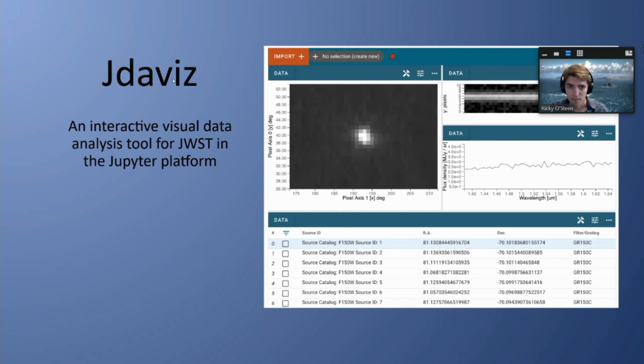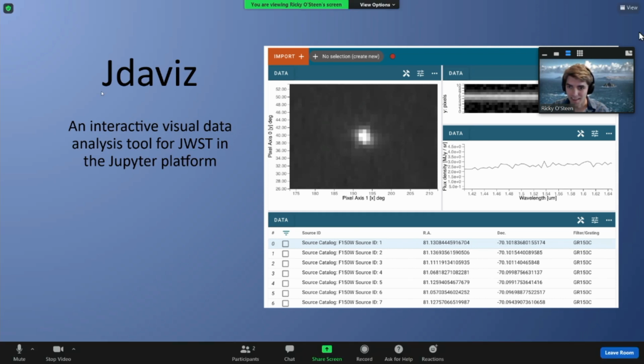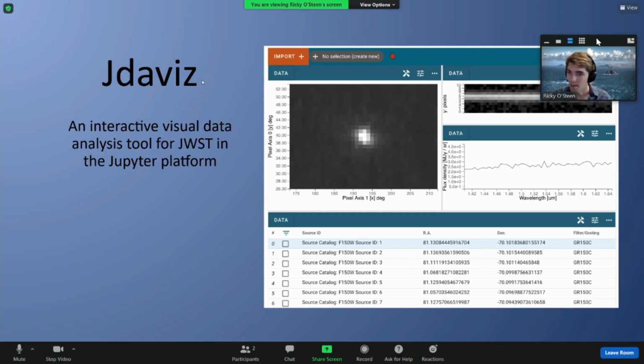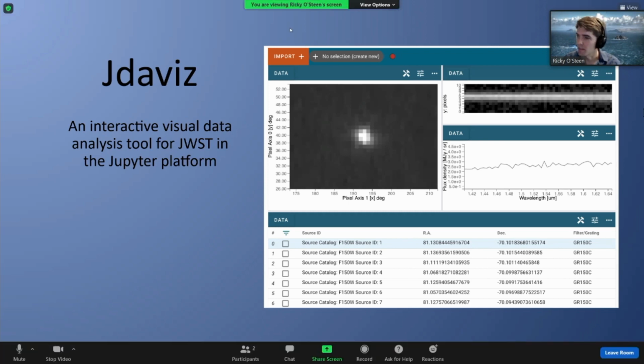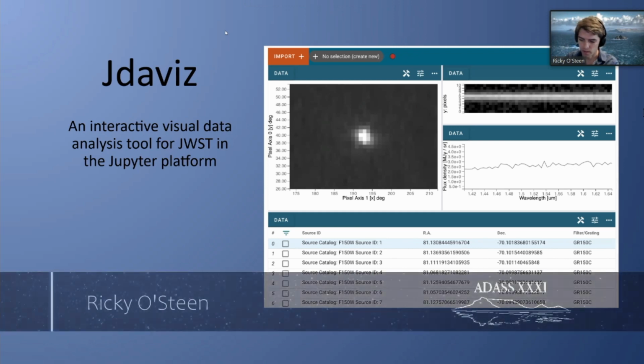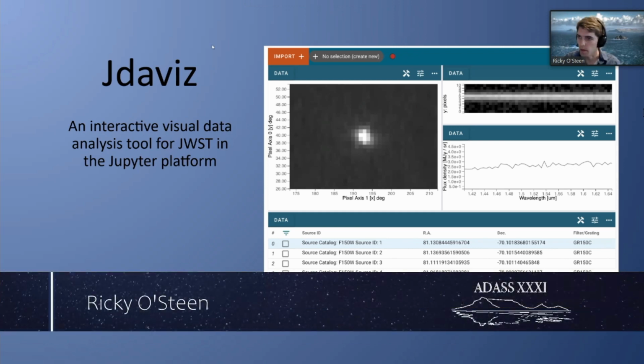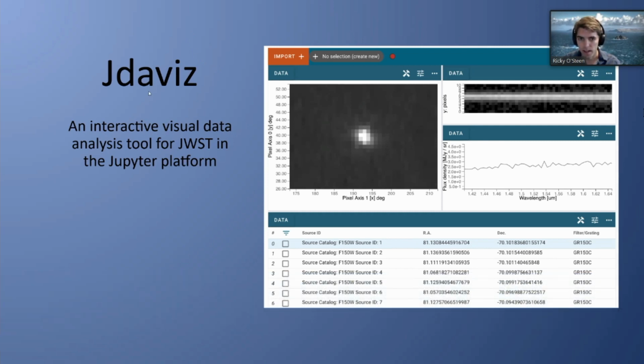Now, to repeat myself just real quick, Jdaviz stands for James Webb Data Analysis and Visualization. This is a tool being developed by the Data Analysis Tools branch at the Space Telescope Science Institute in Baltimore, Maryland. We are funded for developing this by the JWST project. Our primary mandate is supporting the data analysis scenarios that are needed for James Webb, keeping up to date with the pipeline development and ensuring that we can load and handle the data that will be coming